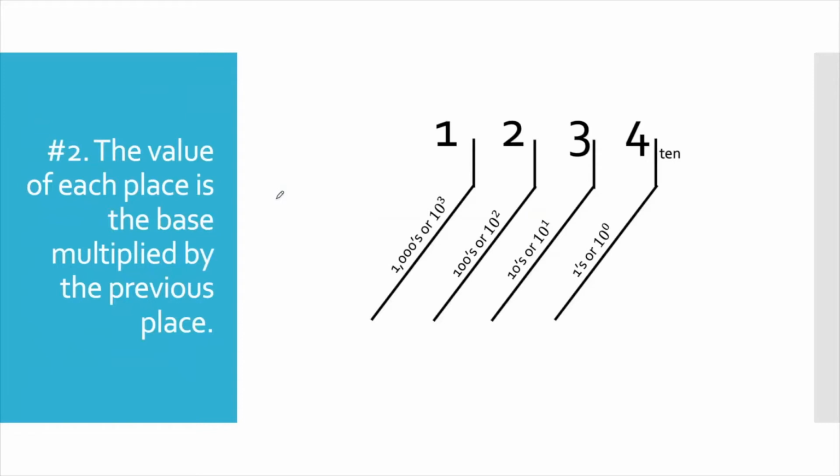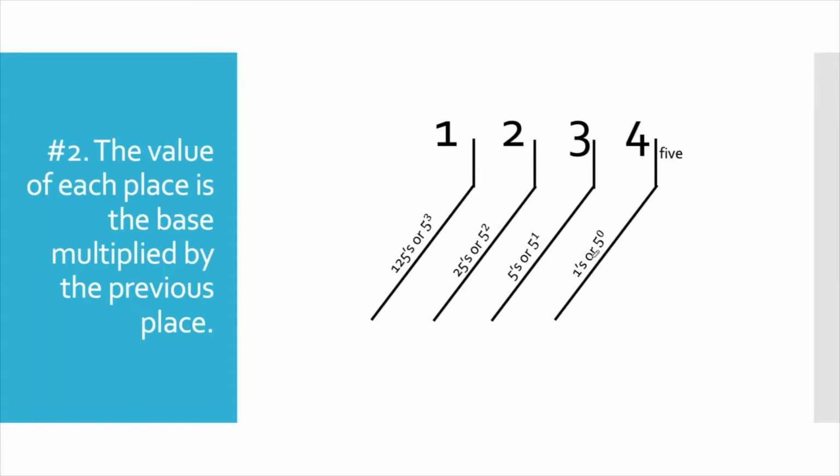But if you didn't know the place values off the top of your head, you could remember that each place value is 10 times the last because we're in base 10. Another way these place values are commonly denoted is as exponents of the base. So in base 10, the ones place, we could also represent as 10 to the 0 power. The tens place as 10 to the first power. The 100s place as 10 squared, and the 1000s place as 10 cubed. This pattern is the same regardless of base number.